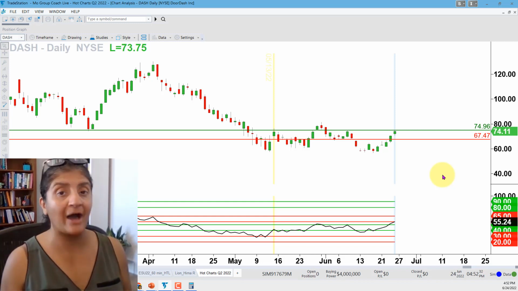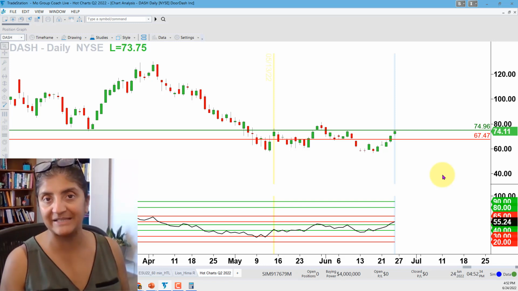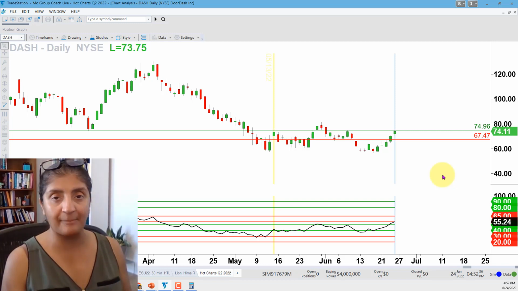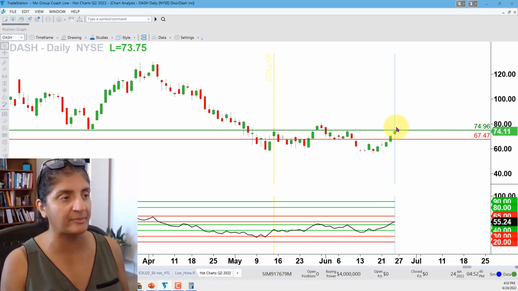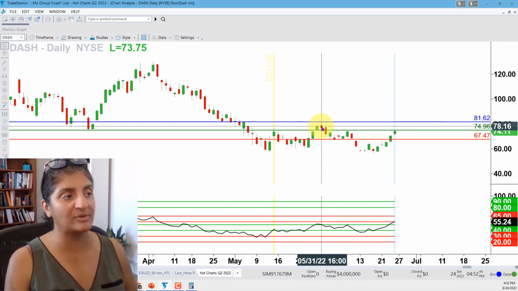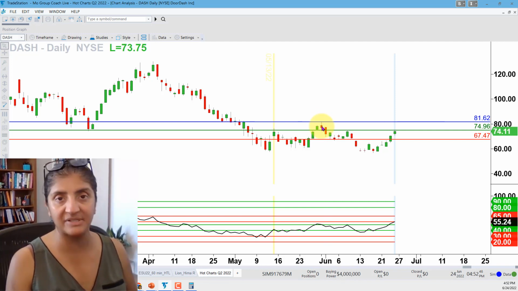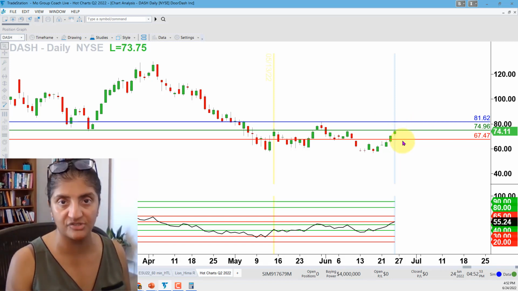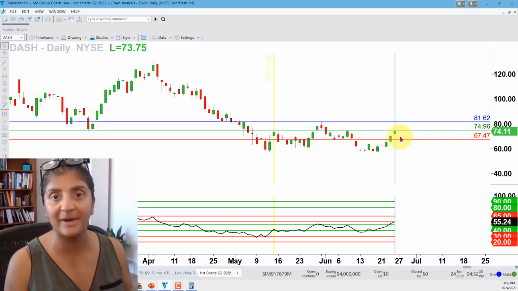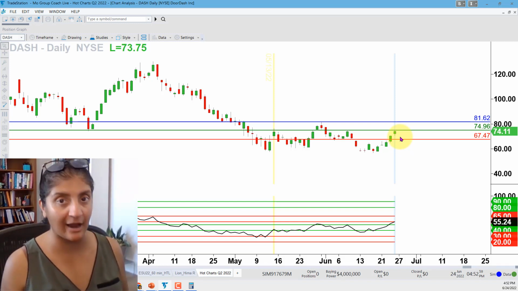And if you don't know how to place a protective stop sell exit beneath the market price, if you only know how to place an order to exit if things go your way, right? Let's say 81.62, if it gets up there, you're happy to take profits. Well, what if the market doesn't get up to 81.62? What if it goes down below 67.47 first? That is where you can minimize the loss on the trade, as opposed to eating the entire original cost of